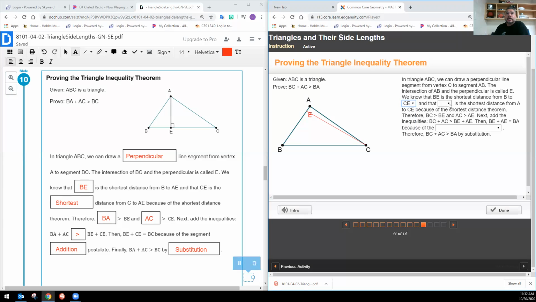CE, and AE is the shortest distance from A to CE because of the shortest distance theorem. Therefore, BC is greater than BE, and AC is greater than AE. Next, add the inequalities. BC plus AC is greater than BE plus AE, then BE and AE are equal to BA because of the